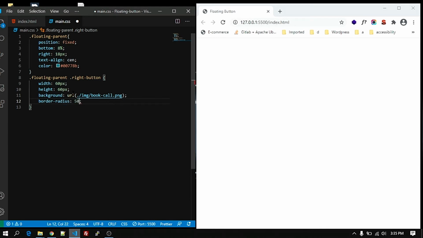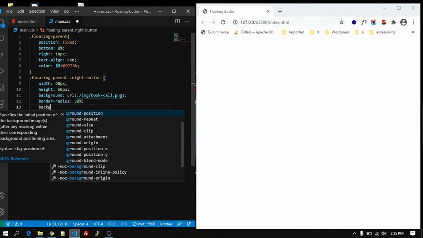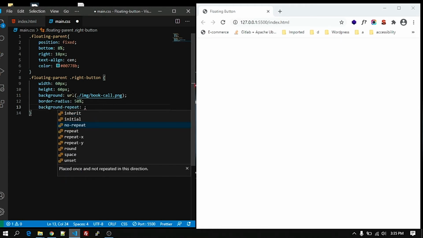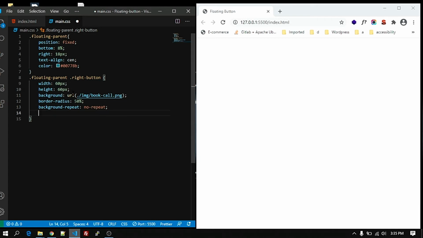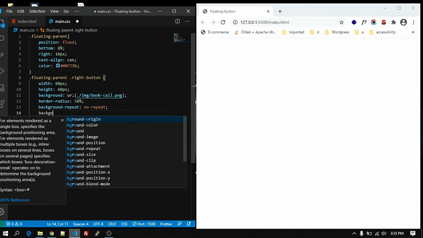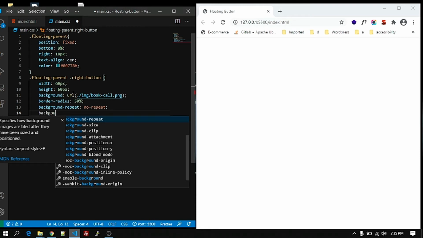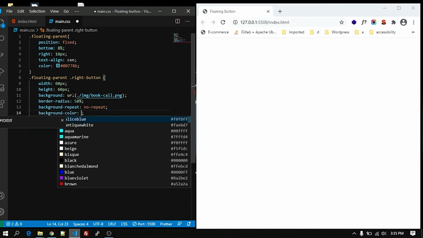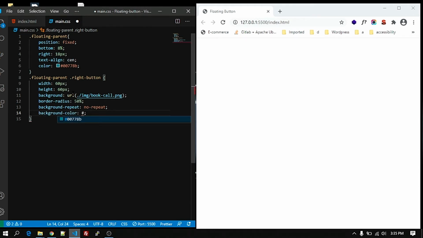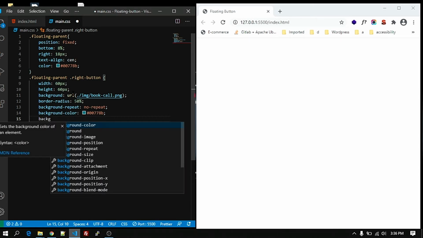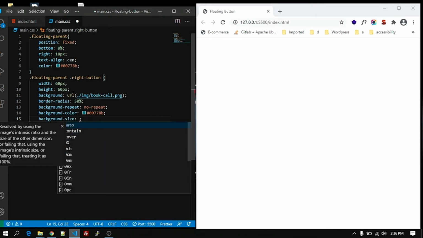There will be 50% border radius, and background repeat will be no repeat, and background color will be the same color that we have used previously, 00778B, and the background size will be 24 pixel.